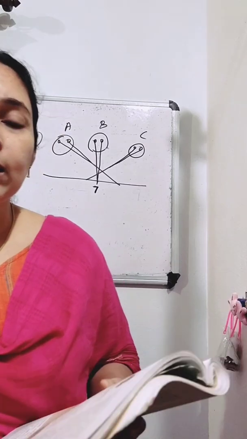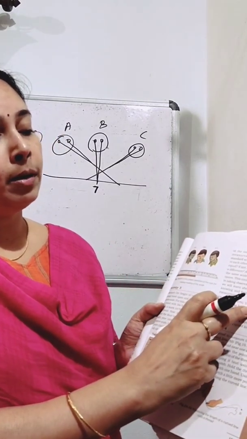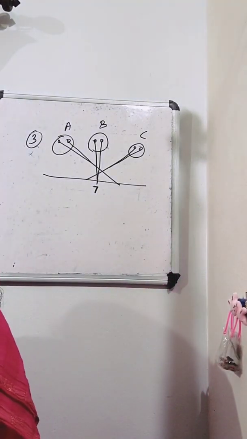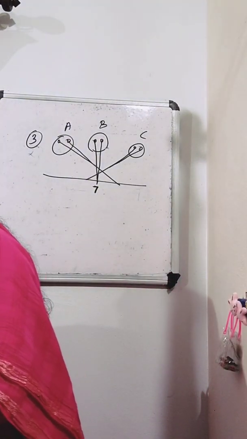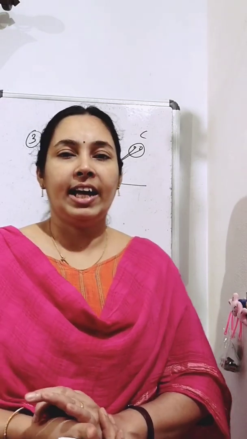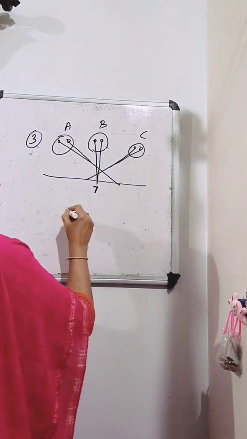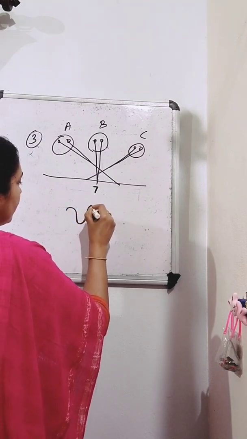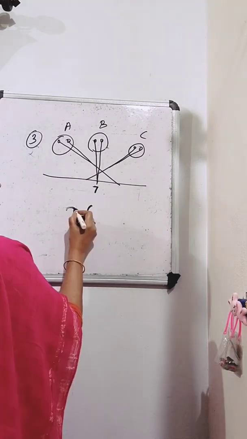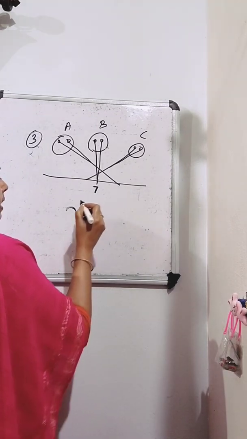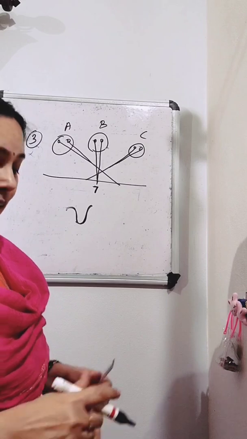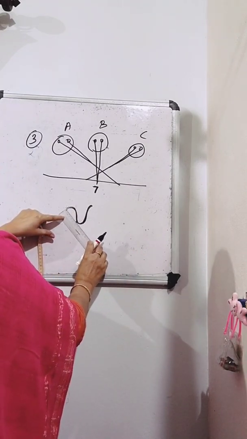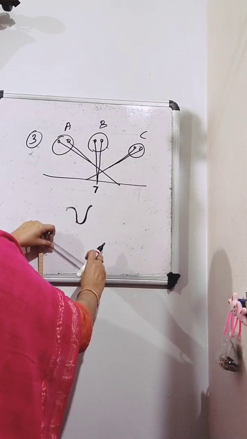Okay. The next topic is measuring the length of a curved line. So if we have a curved line, how can we take the measurement? So now there is a curved line like this and we want to take the measurement of this curved line. So this is a curved line. Now we can look how we can measure the length of this curved line. Can we take the measurement of the length of this curved line by a scale? No, it is not possible.